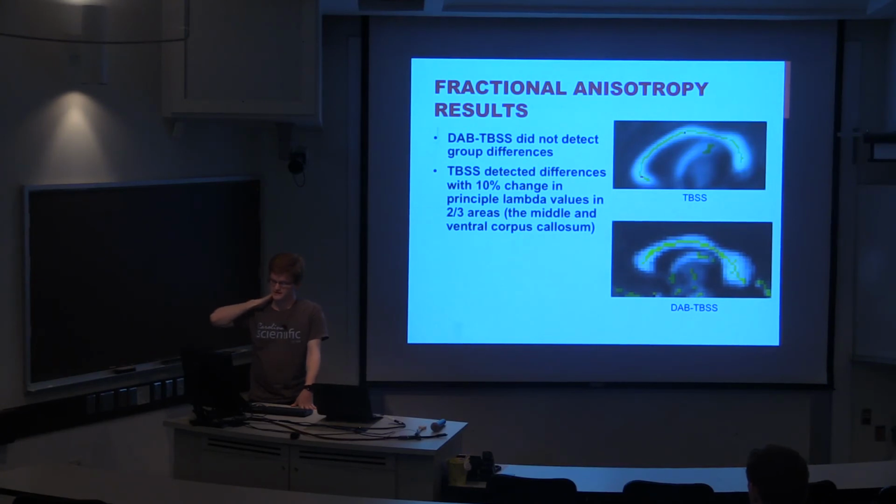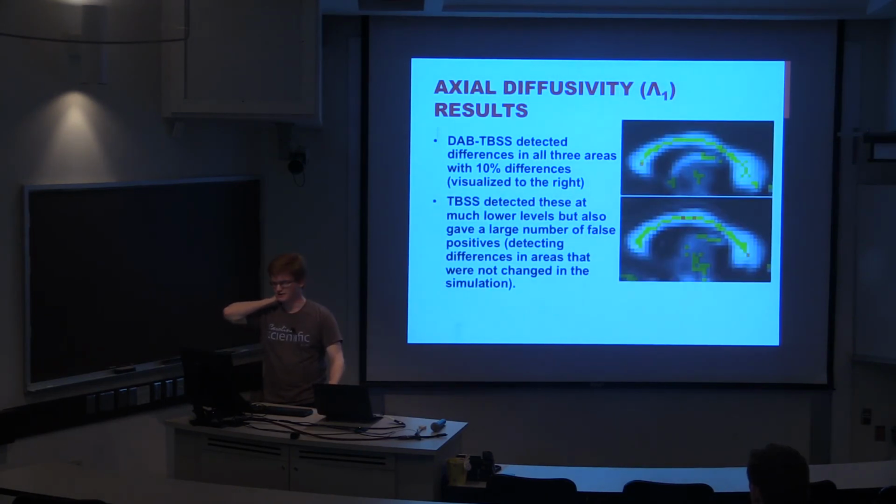I think the reason that TBSS in this case with fractional anisotropy was able to do it was because it's working directly with FA values, whereas DAB-TBSS is working directly with tensors. So basically, it's performing deformations directly on higher values of fractional anisotropy, whereas that wasn't the case with axial diffusivity, and so in this case TBSS was a lot less successful. Sorry, did that kind of